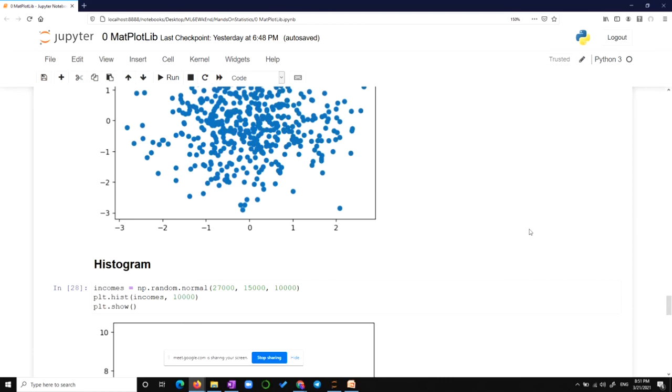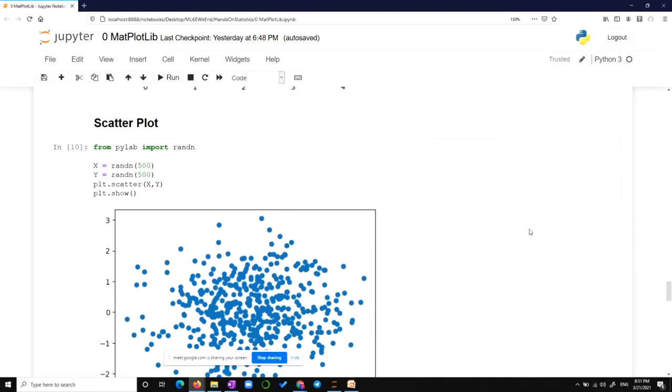Sir, can you mail this code? Yes, of course, definitely. It will be in the shared drive, you can take it from there. But I would like to mail it to everyone, because in the shared drive, last time a file was deleted from there. So I'll mail it to everyone.